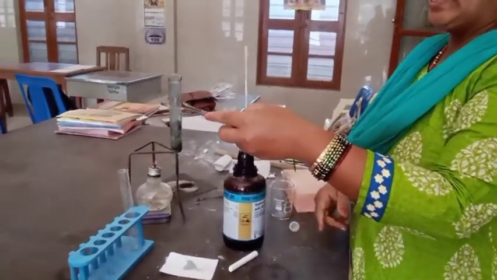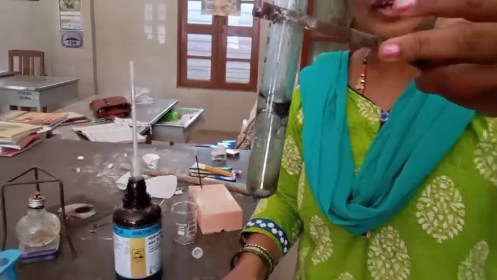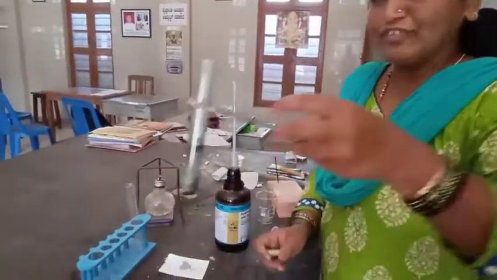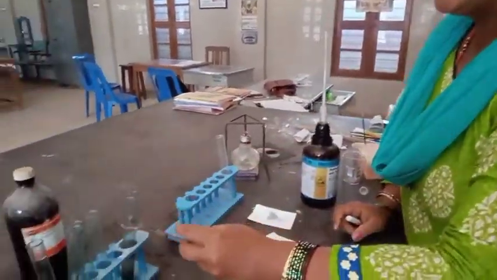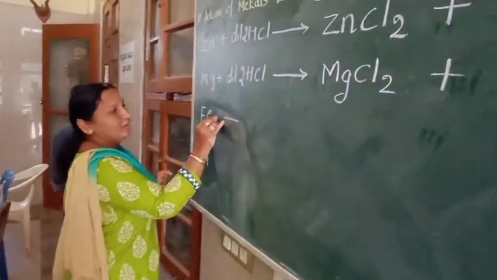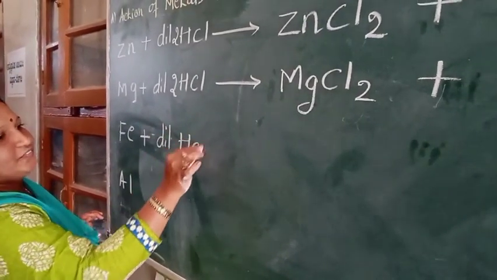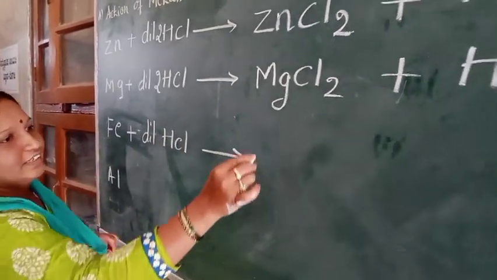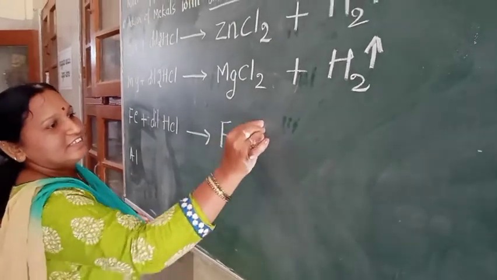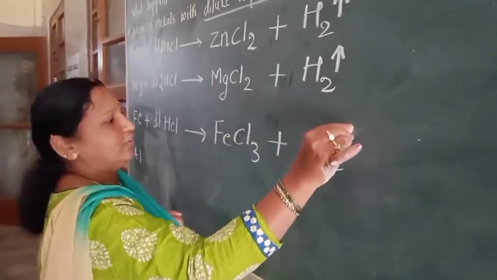Here is the hydrogen gas and the product here is ferric chloride. So I am going to write a chemical reaction for this. See, this is ferric chloride and the gas what you have seen is hydrogen gas. So when ferrous reacts with the dilute hydrochloric acid, the product is FeCl, that is ferric chloride, plus hydrogen gas is releasing here. We are going to balance this.